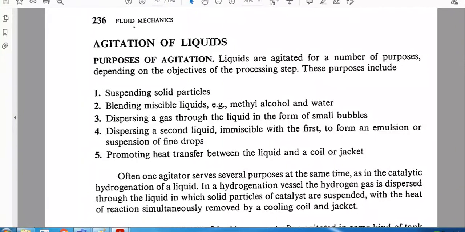Dispersing a second liquid immiscible with the first one to form an emulsion or suspension of fine droplets. Inorganic phase, organic phase, reactions are taking place. So how do we say that the reaction is taking place? I have said it so many times: after the reaction is over, you will have two phases, organic phase and inorganic phase. Then how to separate them? You start the process and give time for settling. They will separate into two fractions. Do we have that much time? So go for decantation. We have seen a tubular disc centrifuge, then you can use it.